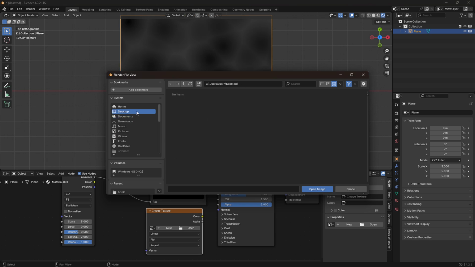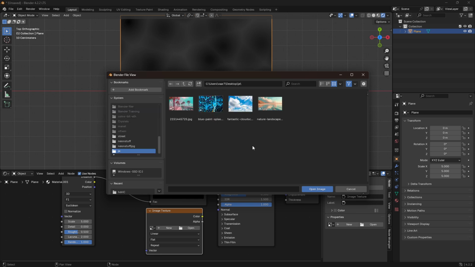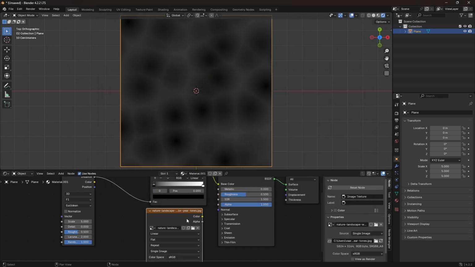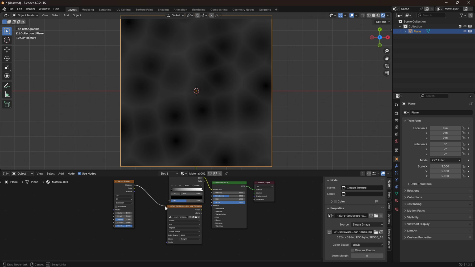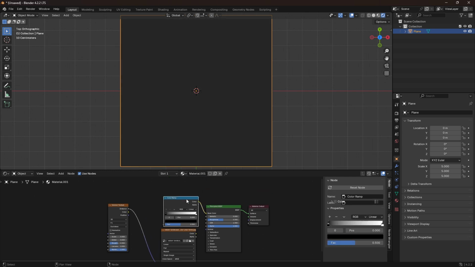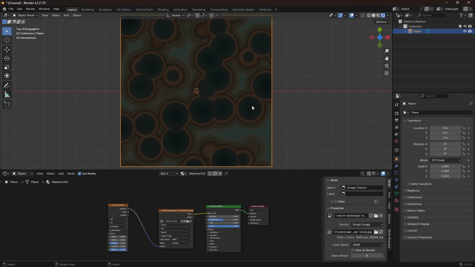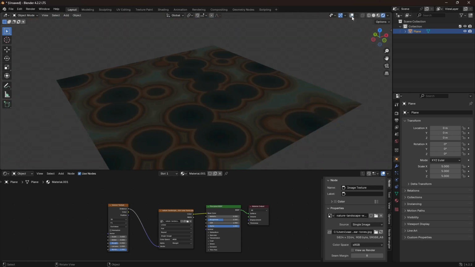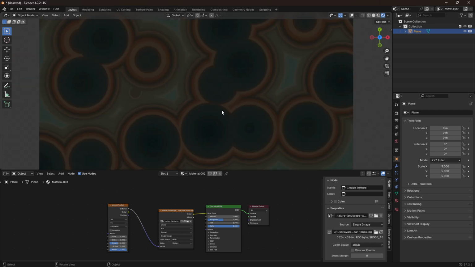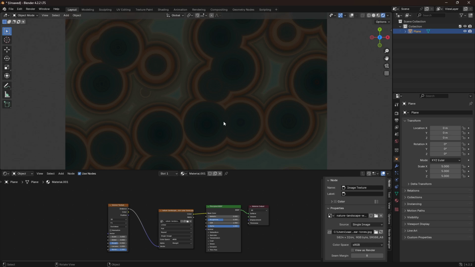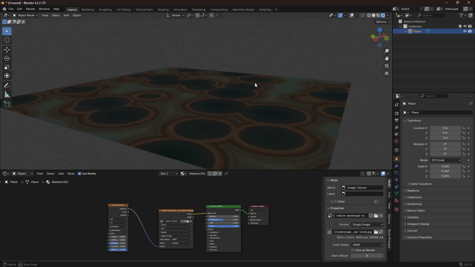So just go open up, and here we can just pick almost any kind of image. So just find a high contrast image that you want to use, and we can just select this one here and then just go open image. So now if you just forget about this color ramp and plug the distance from the Voronoi into the vector of this image texture, and then the color into the base color of this principled BSDF. So now we have these really cool looking colors, and they have a really high contrast as well,